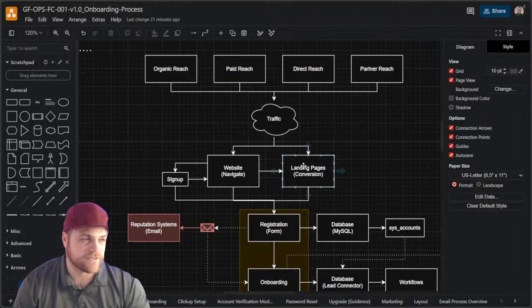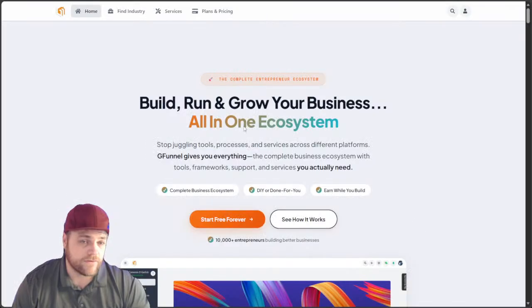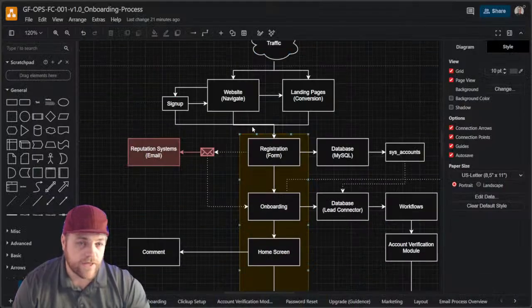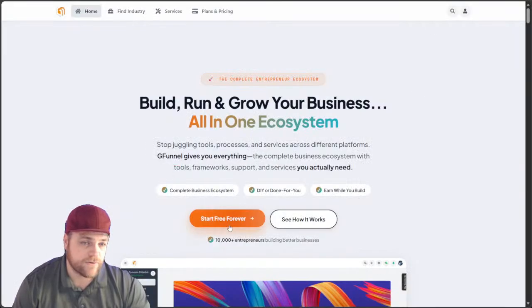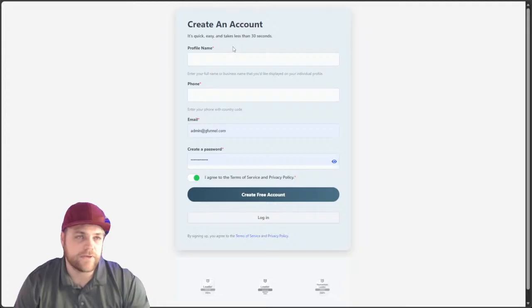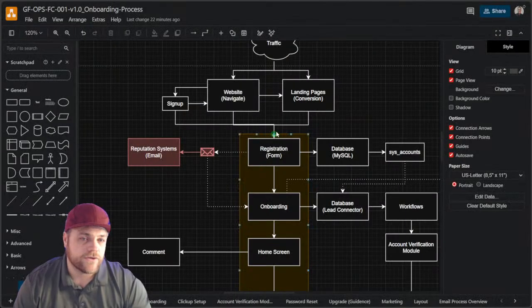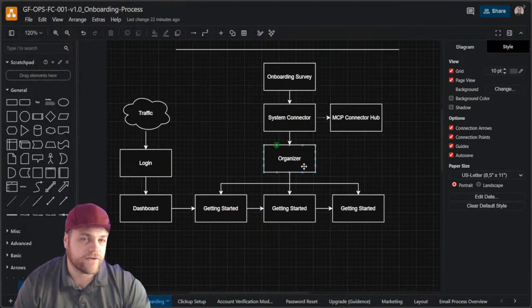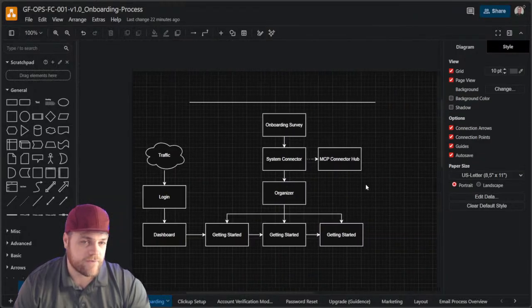The landing page is your sales cycle, right? But what we're going to be doing is that same thing. So they're here, right? You can do the same thing. They're there. Then we're bringing people into the registration piece. So once the account's created, similar to what we have, start for free, right? We have an account creation piece. We're going to just do it a little bit different, right? Where it's created, to an onboarding piece. There's going to be an onboarding survey, which again, is that piece that I just went over.